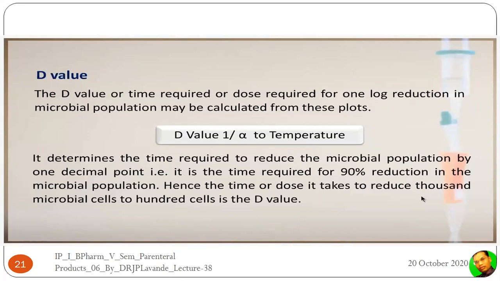Let us say, for example, if we have 100 microorganisms, and in order to kill 90 microorganisms out of these 100, the dose which is required to have 10 microorganisms out of 100, that is nothing but the D value. The same has been given here. So in order to reduce the 1000 microbial cells to the 100 cells, right? Earlier, before exposure, the number of microorganisms was 1000, and after exposure, if we get 100 cells, that means the dose which is required, that is the D value.